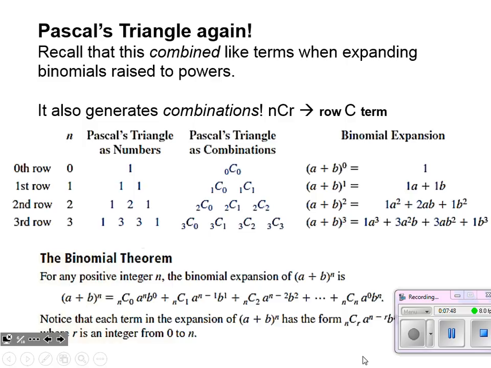And finally, for our processes here, I know it's kind of turning into a long lesson already. Pascal's triangle, we saw this in chapter 4 when we were expanding a binomial raised to a power. And you remember that what that did was it set up a combining of like terms. It makes sense. It's a combination. It combines things. So this actually ties in really nicely into our combination process. And this slide right here will really lead us into section 10.6 very nicely.